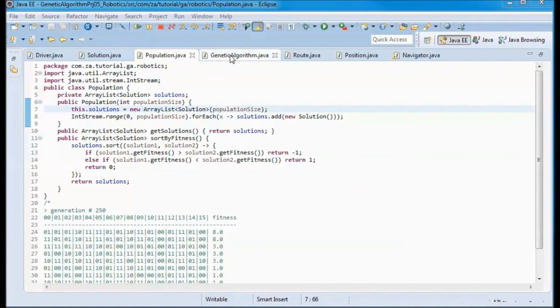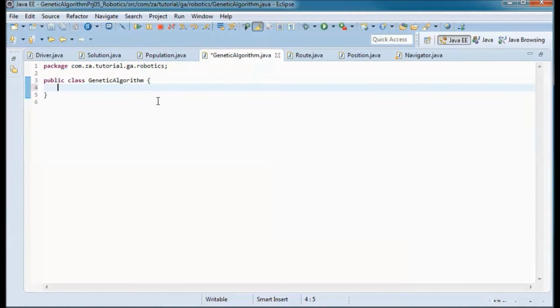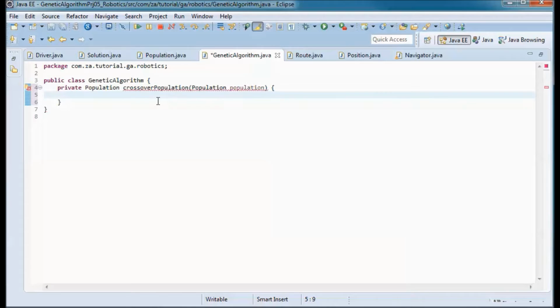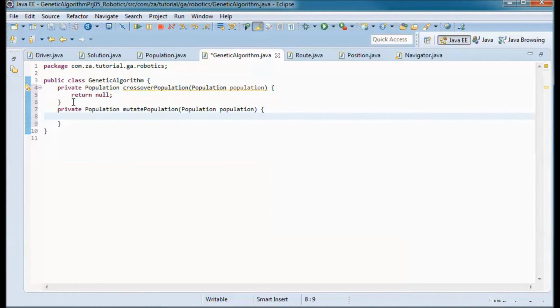Next, let's go to the genetic algorithm class, and here I will have a private method that does population crossover, and for now I'll return null, and another private method that does population mutation, and for now I'll also return null.